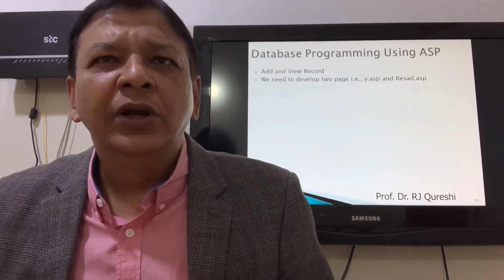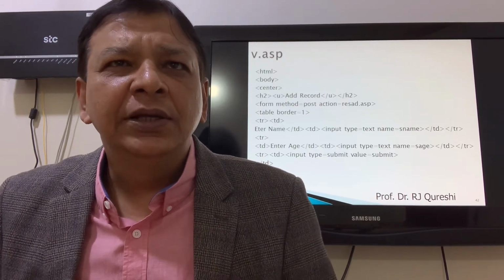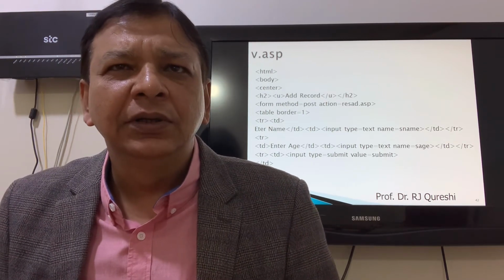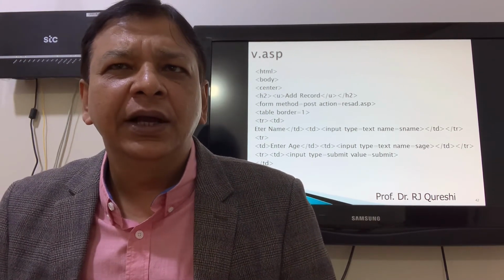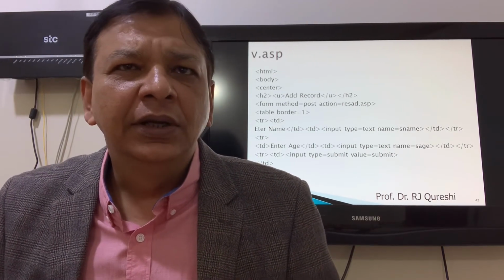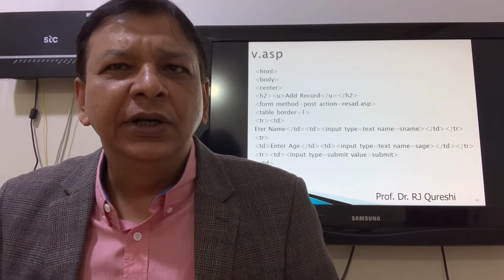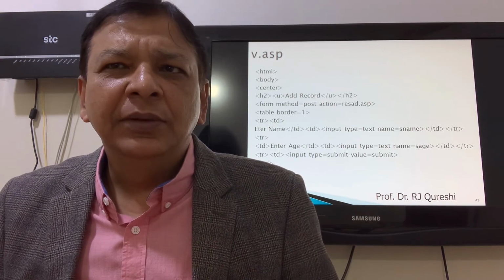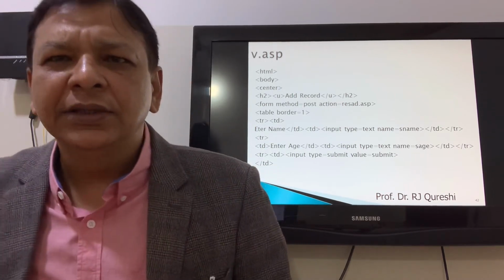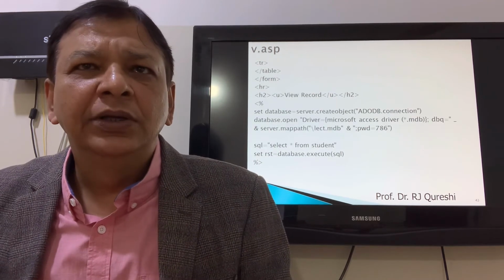Add and view record. We need to develop two pages, v.asp and res.add.asp. v.asp: HTML body, center, h2 add record, form method equal to post, action equal to res.add.asp, table border equal to 1, tr table row, td table column, enter name, close the td, open td, input type equal to text, name equal to s name, enter age, input type equal to text, name equal to s age, input type equal to submit, value equal to submit, close the table, h2 view record,